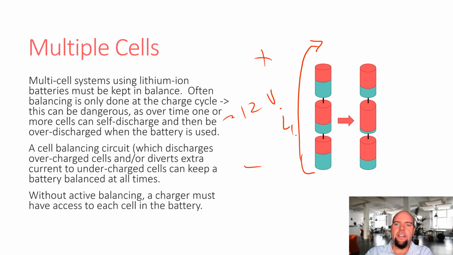So if, for instance, this battery is a little more discharged than the others, it's still going to have current extracted from it. It's not like the weak battery just uses less current. The current flowing through one battery is the same as the current flowing through all the others. So what's going to happen is as this